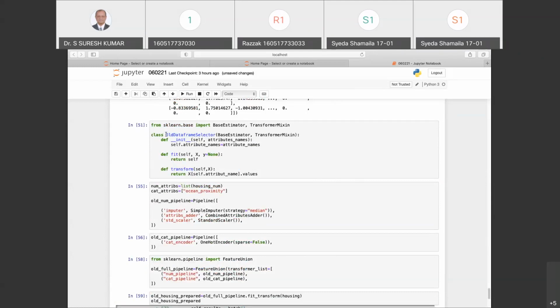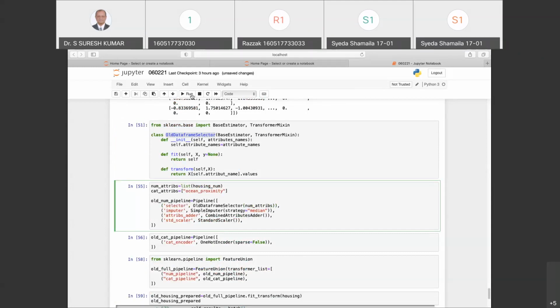In fact, I'll copy the same thing so that there is no ambiguity in what we are doing. Here, the first one, I'll give it as my selector, which is my old data frame selector of the numerical attributes.